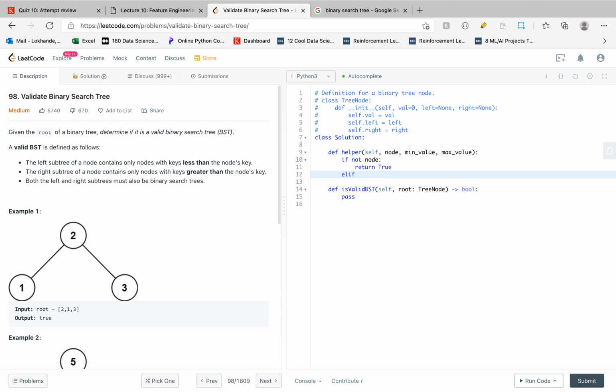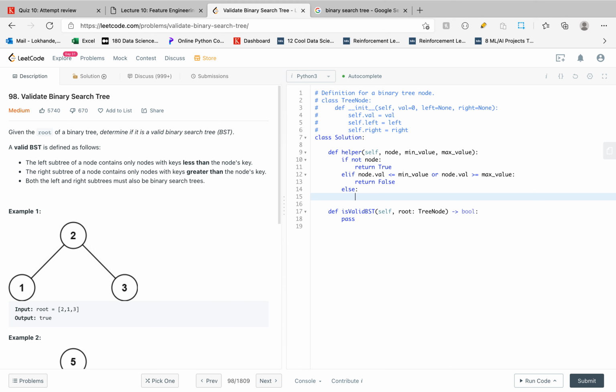If the current node val is less than or equal to min value, or node val is greater than or equal to max value, it is violating our condition, so we return False. Basically, node val should lie in between min value and max value. It should not be less than or equal to min value, and it should not be greater than or equal to the max value.